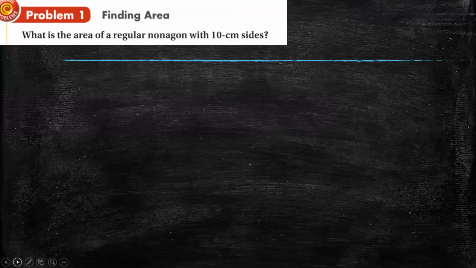Let's start now with this problem here. What is the area of a regular nonagon with 10 centimeter sides? So here, as you see, we have a nonagon. Nonagon means we have 9 sides. So here we have